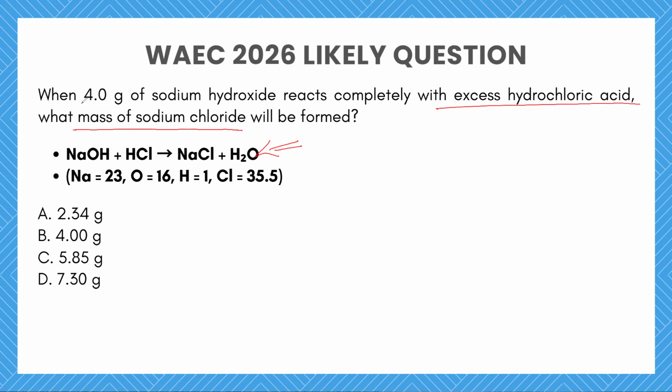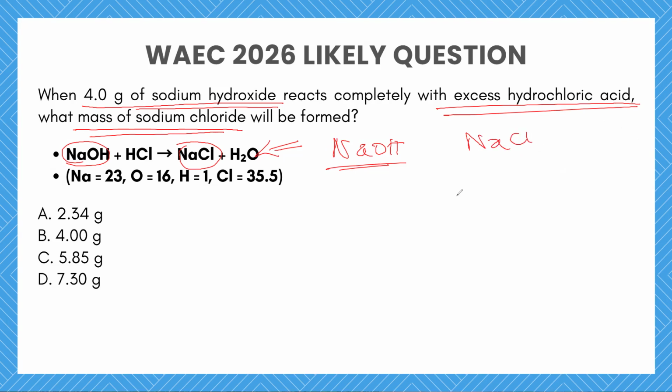The question starts off by telling us 4 grams of sodium hydroxide, NaOH, and that is located on the left side of the chemical equation. It says when it reacts completely with excess hydrochloric acid, in other words, hydrochloric acid is the excess reactant, so it doesn't really hold any water when it comes to determining how much product will be formed. So the next thing is what mass of sodium chloride will be formed? Sodium chloride is located on the other side of the chemical equation,